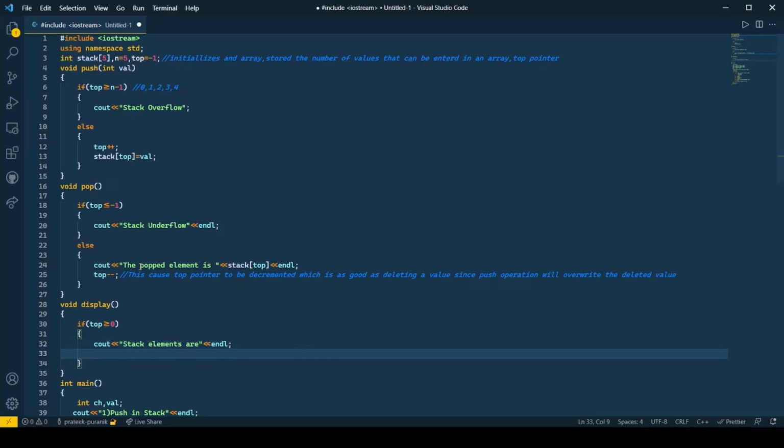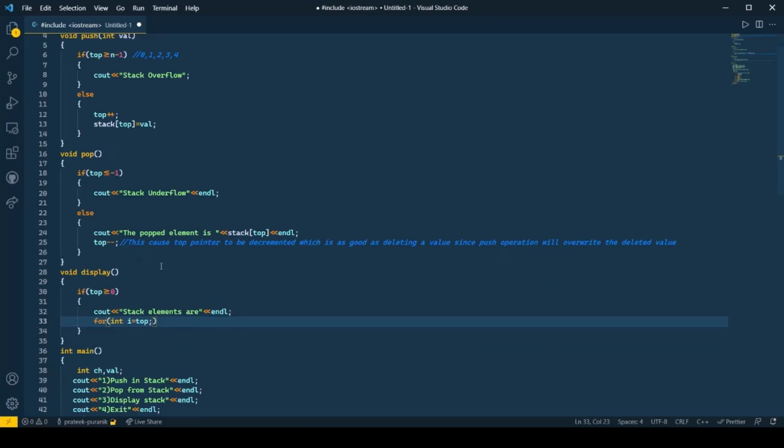Okay, and we'll use a for loop. So in the for loop, the integer i would be declared. Integer i is equal to top, and since stack follows the LIFO principle, we need to display the values inside the stack from top to bottom. So initially, the for loop will run from top while i is greater than or equal to 0, and i minus minus would be better, since we are running from the top value to the bottom value.